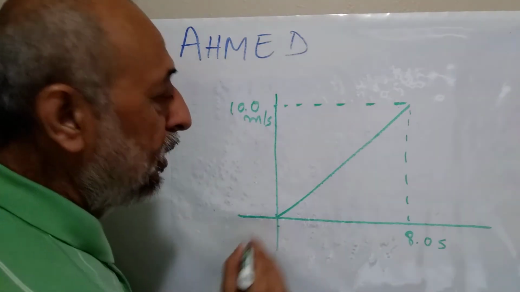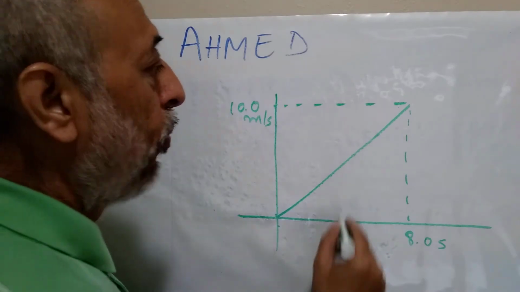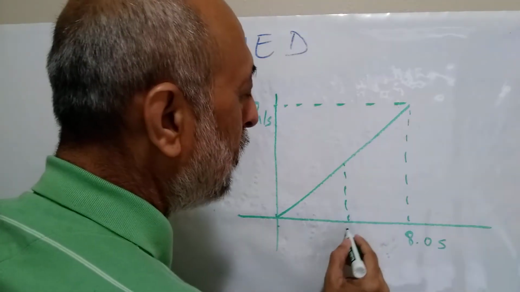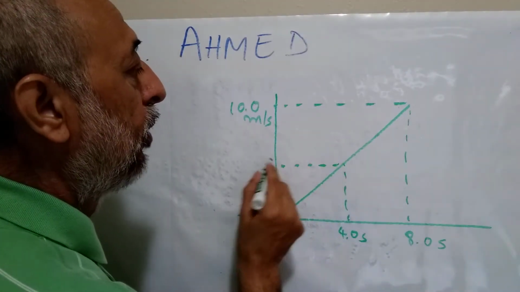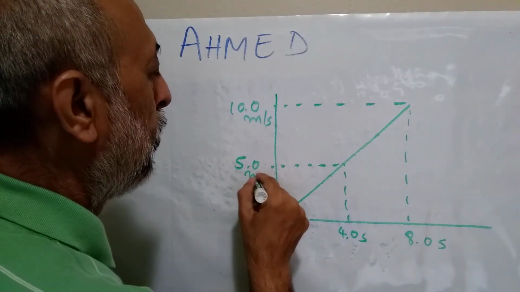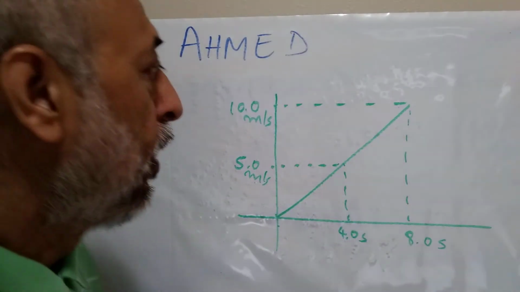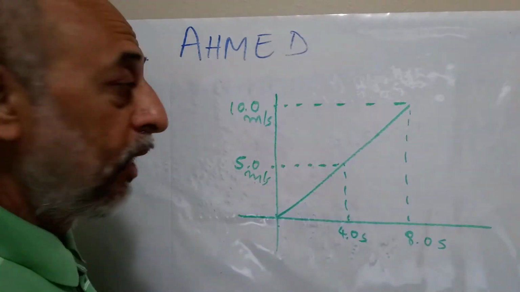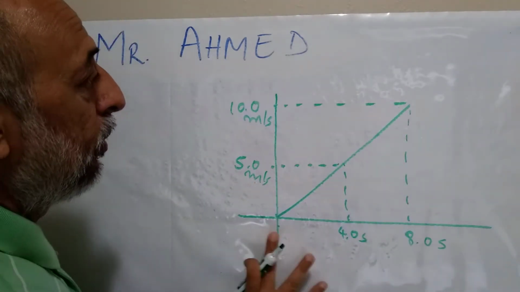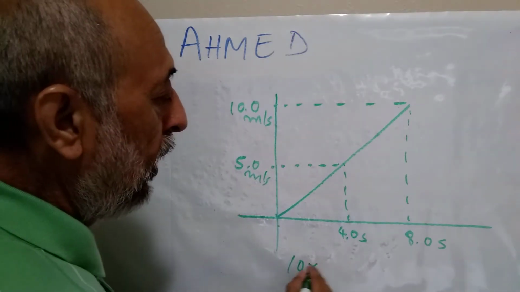At 0 seconds the velocity was 0. At 8 seconds the velocity was 10. So we can say that at 4 seconds, since it was increasing uniformly, it was 5 meters per second. Now the slope tells us acceleration, but pay attention to the fact that what does the area tell you. Now if we wanted to calculate the displacement, we are not going to simply multiply 10 times 8 and call